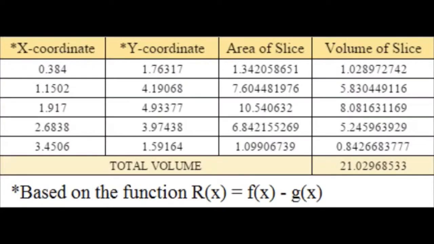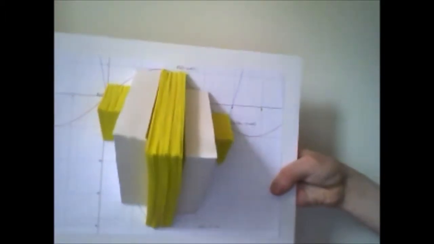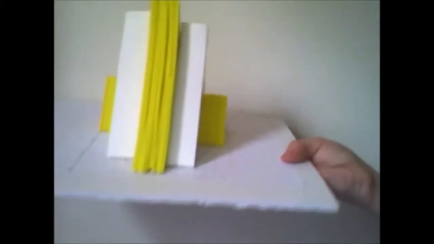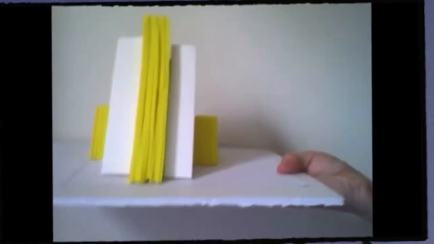The volume of the solid can be approximated via midpoint Riemann sum. 5 sections all of equal width perpendicular to the x-axis. One can find the area of the cross-section in the middle of the range and then multiply it by the width of the section. Adding them up will give an approximate volume. The actual volume can be found through calculus. Since all the cross-sections have areas that can be found by A equals square root of 3 divided by 4 times the square of r of x, if the sections are infinitely small and added up, the volume of the solid will be